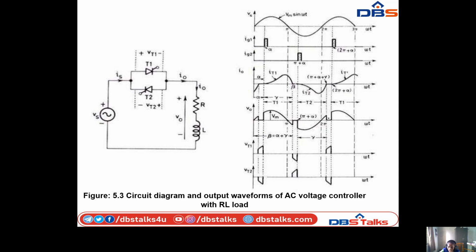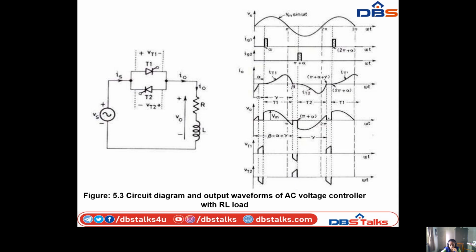So before triggering T1, the thyristor voltage VT1 is obtained, and from beta to pi plus alpha VT2 voltage will be obtained, and from 2 pi plus gamma to 2 pi plus alpha VT2 voltage will be obtained. So figure 5.3 shows the circuit diagram and output waveform of an AC voltage controller